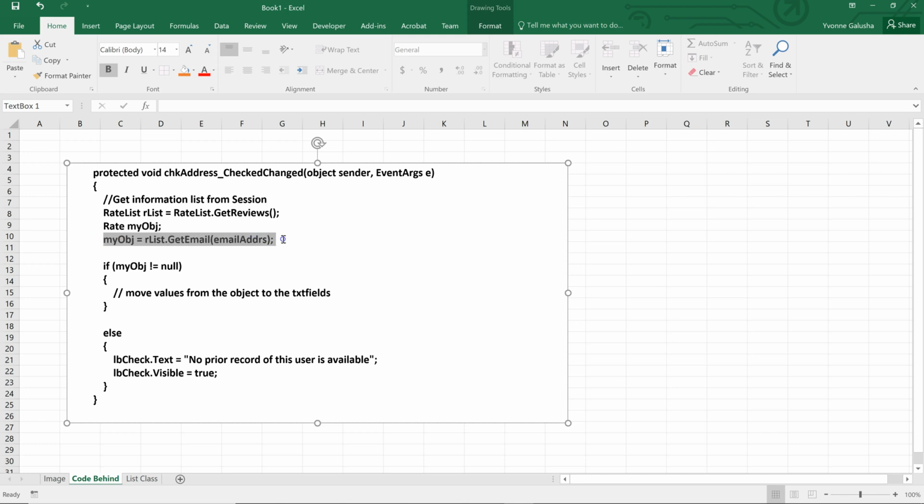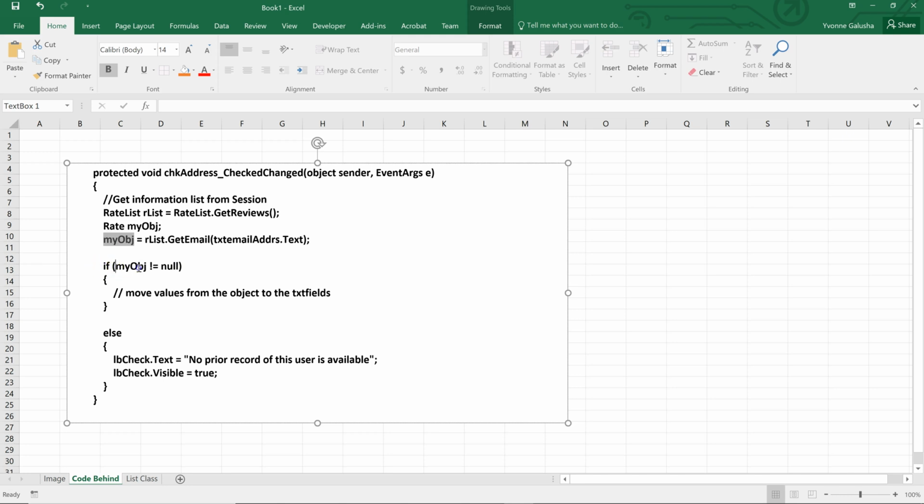Now this little value here needs to come out of some text field, right? I don't know what you called it, but text email address, like it's a text box, so it's going to have something more like .text. Something like that there. But this right here is calling that class method that we just went over, get email,